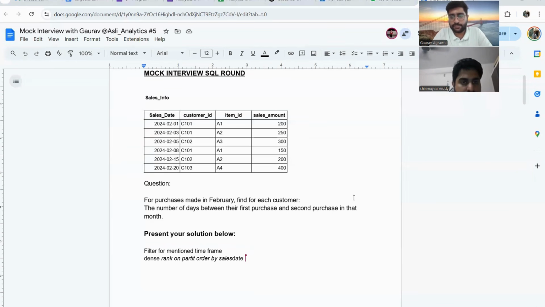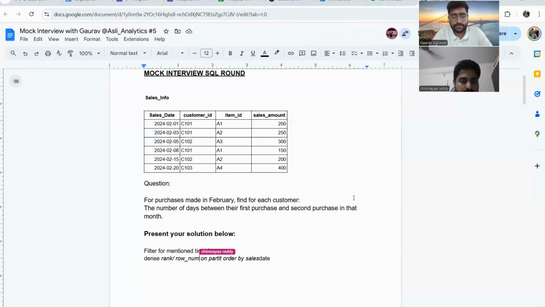Every customer ID you see has only one date attached to it, so you will not see repetition. My understanding is that each customer ID will make only one purchase on each sales date. This is the aggregated data, yes. In that case, I can use row number as well.